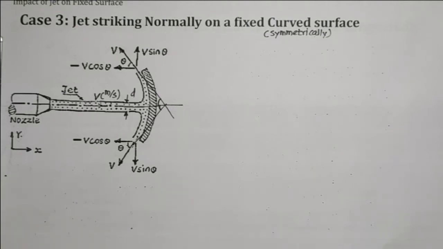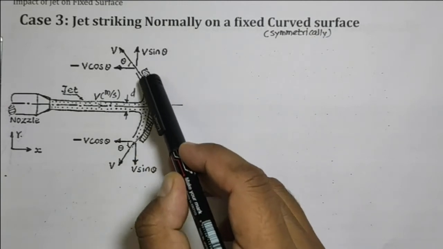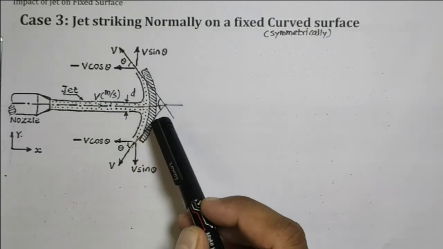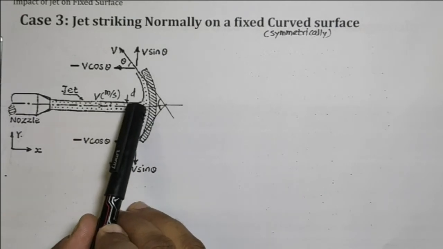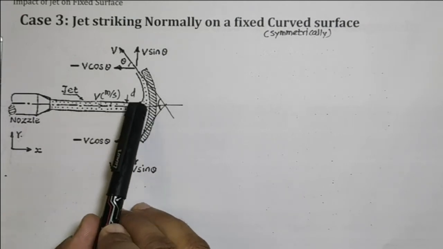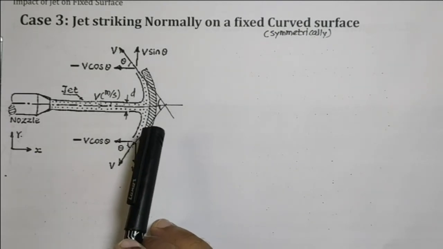You can imagine the umbrella. In an umbrella there is a stick that we are holding in our hand, and there is a black raincoat, or we can say a waterproof surface. That has to be considered as a symmetrically curved surface, and the stick that we are holding in our hand during rainy season is nothing but what we call the jet. So this is how we can imagine that particular case.